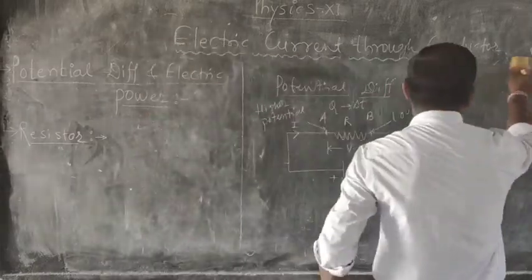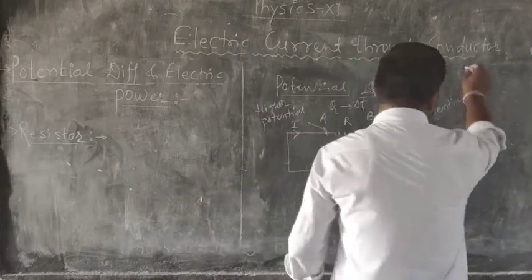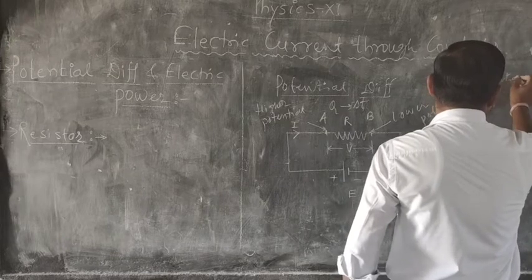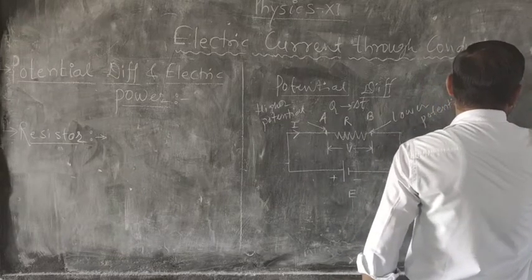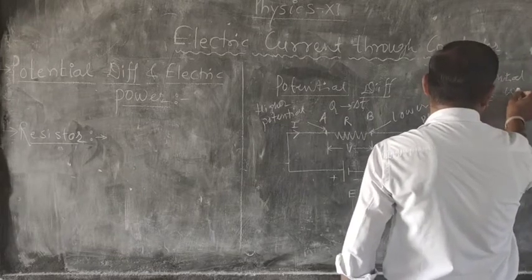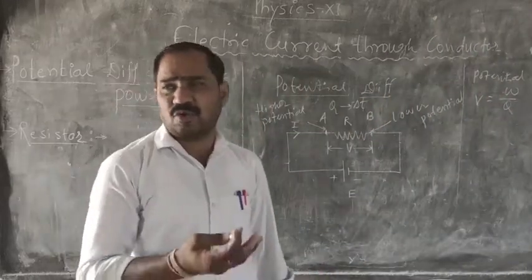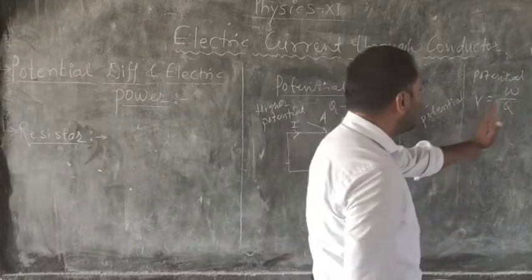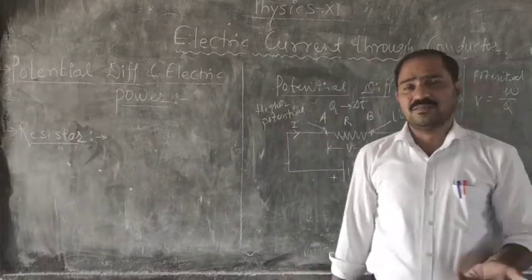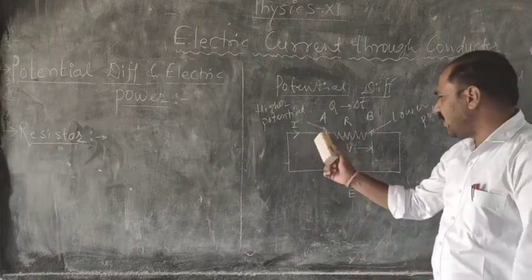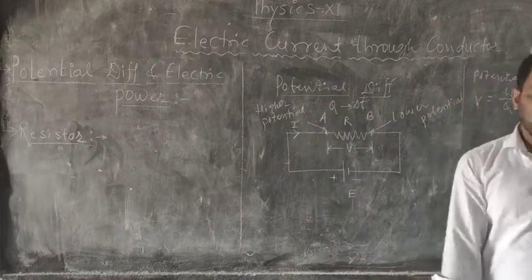Therefore that potential difference is denoted by the letter V. Therefore the potential difference is given by V is equal to work upon charge. Means work per unit charge, ऐसे भी बोल सकते हैं हम. The amount of the work done on unit charge circulating from A to B, or we can say circulating through the resistor R, ऐसे भी बोल सकते हैं.